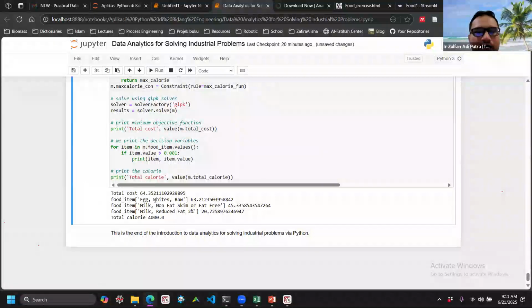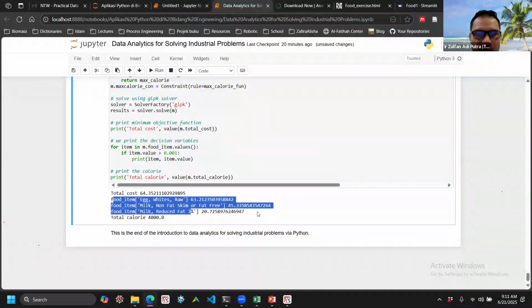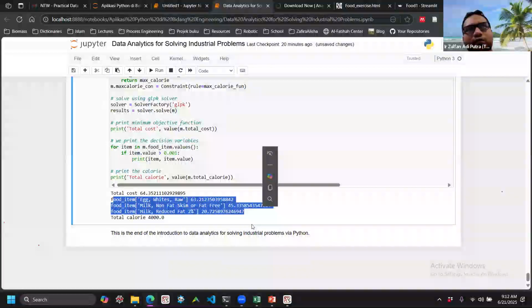And then this will tell us, okay, if I want to minimize the cost, this is the total cost. This is what I should do, the decision variables, right? So this is, I think, the end of this quick introduction to data analytics. We have covered the exploratory data analytics, the predictive analytics, and then lastly, we have covered quickly the prescriptive analytics, or the optimization part of